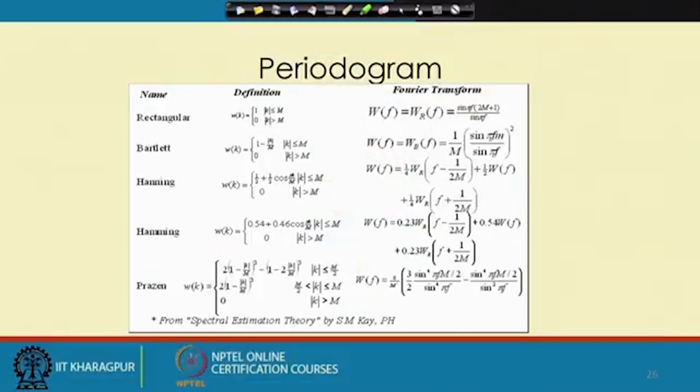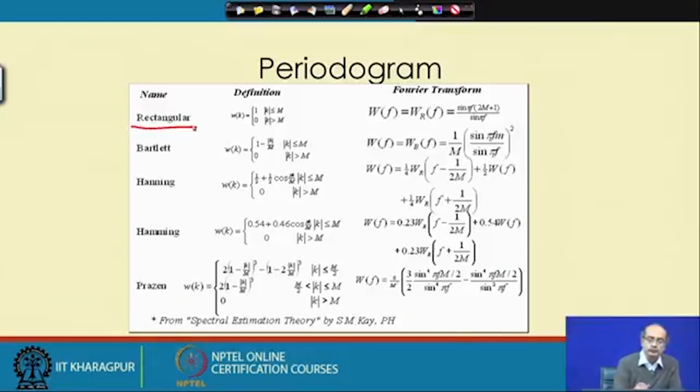So, now we start the periodogram session again. First, we would like to show different kinds of windows, and for the different kinds of windows, we would like to note their forms. The simplest one is the rectangular window, where we have a finite amount of data. So the window is constant up to that point, and then it becomes 0 on either side. Corresponding to that, the filter we get is the sinc function, and next comes the